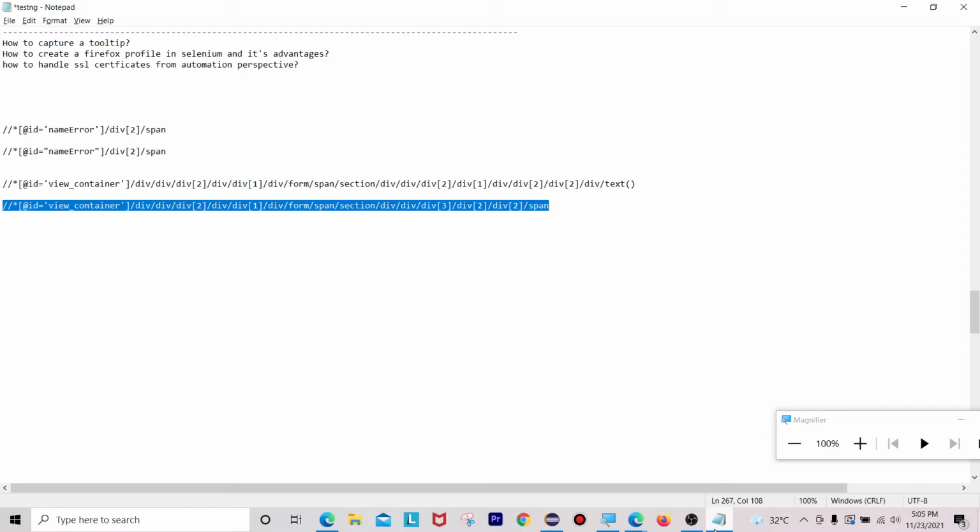So here I mentioned how to create a Firefox profile in Selenium and what are all its advantages. What a Firefox profile means: to automate, the Firefox profile makes a lot of sense. As such, they can handle SSL certificate settings also.